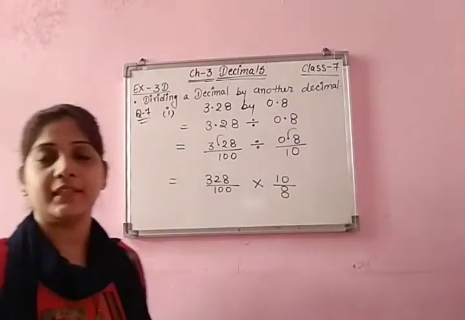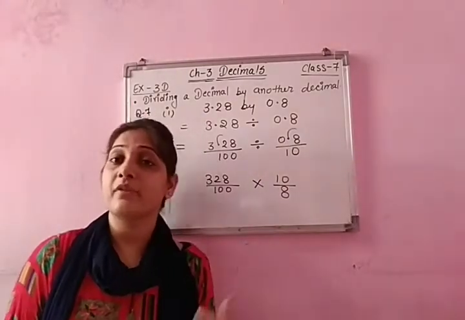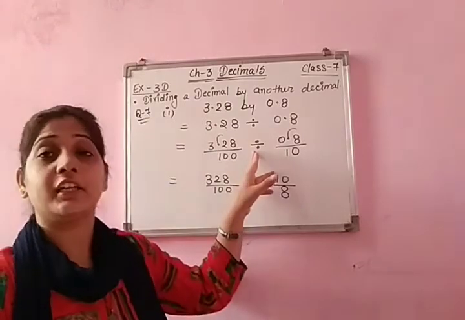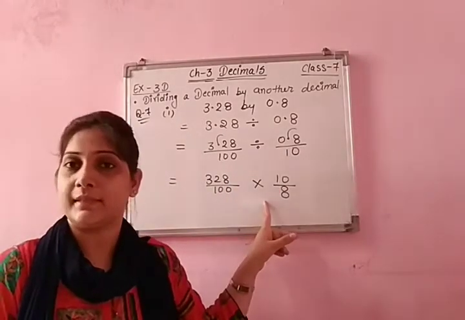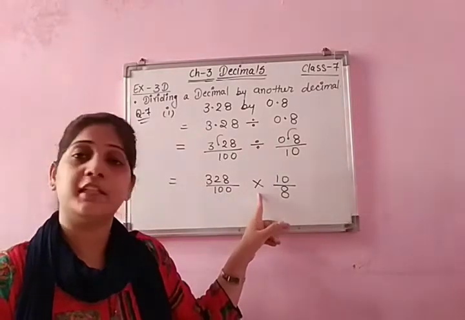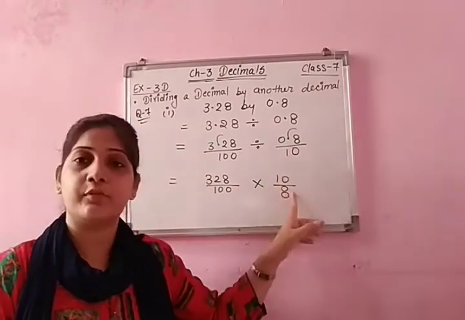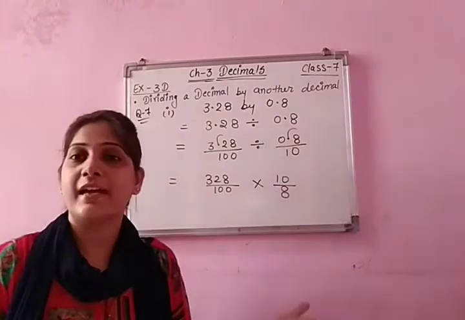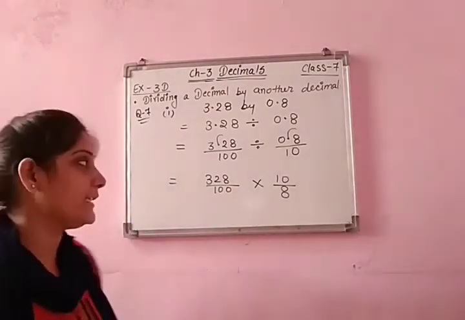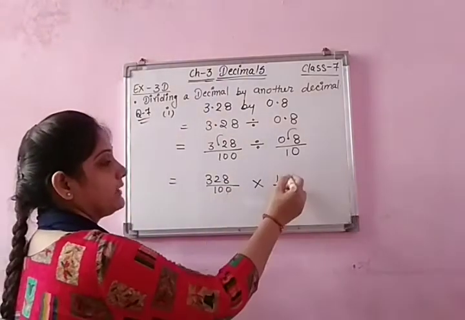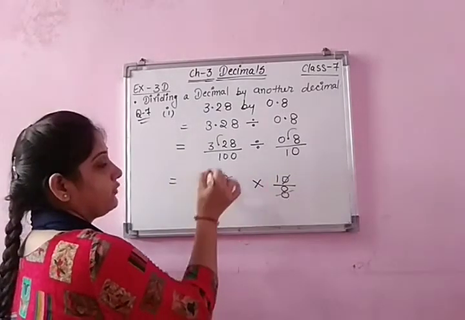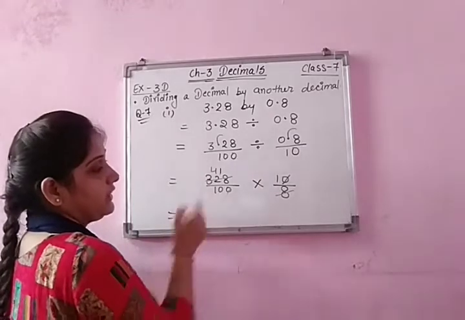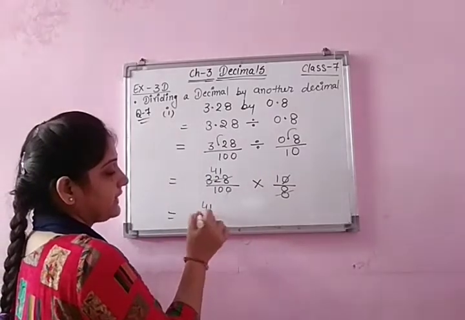Actually, why have we done this? We are using the concept of cancellation. Here we cannot cancel because this is division. Cancellation is only possible in multiplication. So convert the division into multiply and take the reciprocal. Now you can solve as you have solved in fractions, with cancellation. So 0 is cancelled by 0. This can be cancelled by 8. 8 4s are 32. 8 1s are 8. Now 41 upon 10 is left.